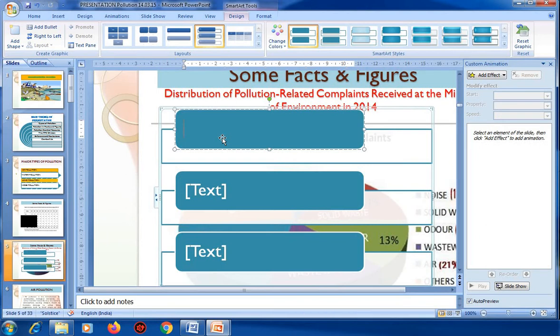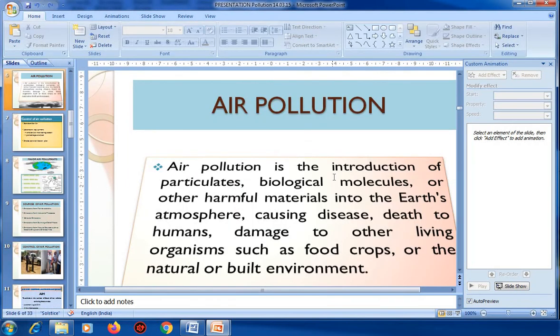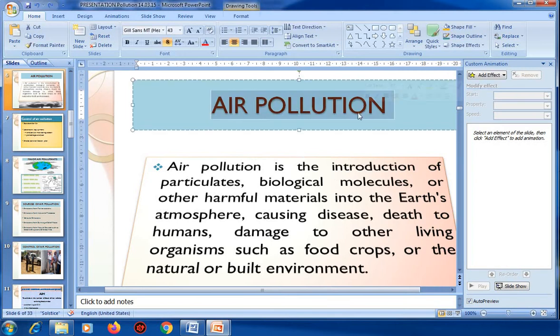How to add an animation? First of all, select the object to which you want to add the animation. So in this object I want to add the animation, so first we'll select it, then click the Animation tab.